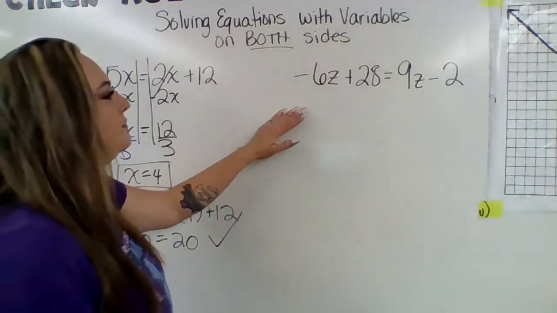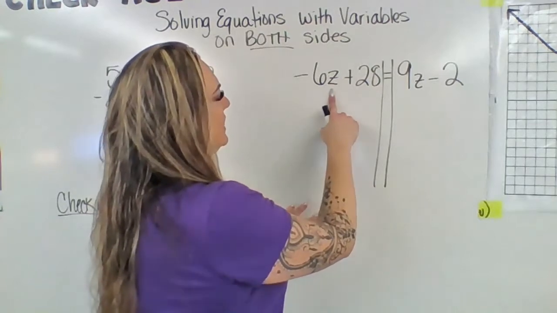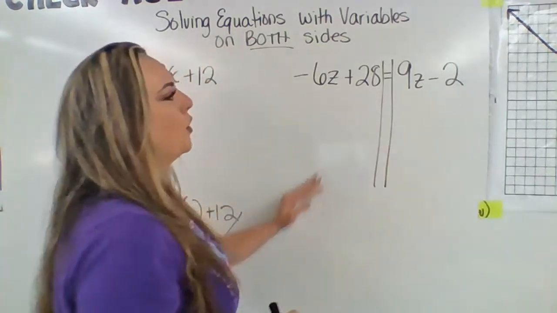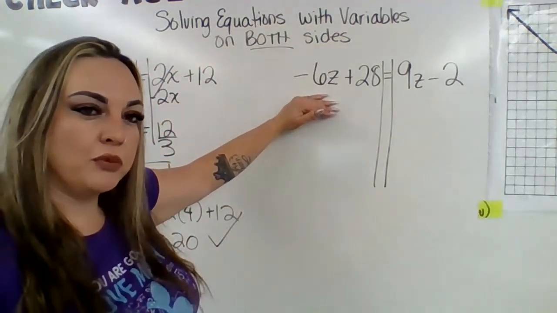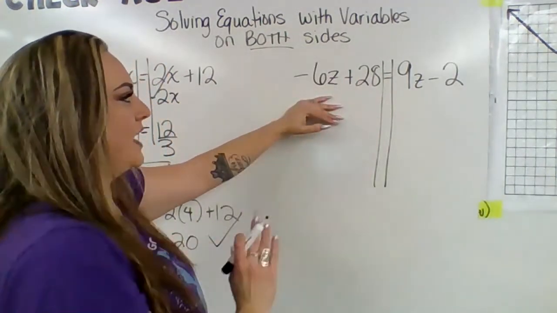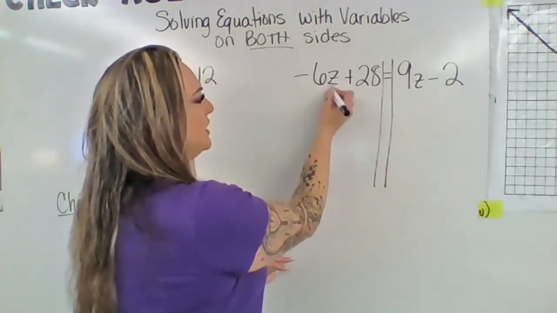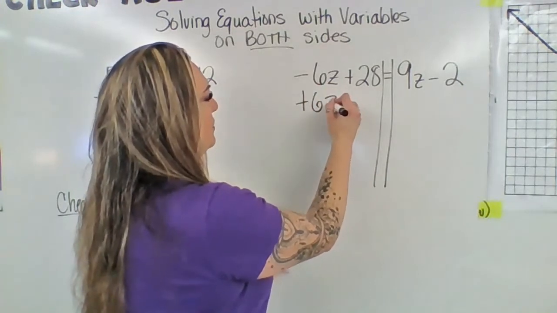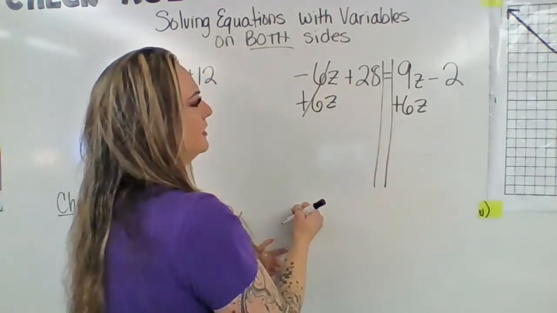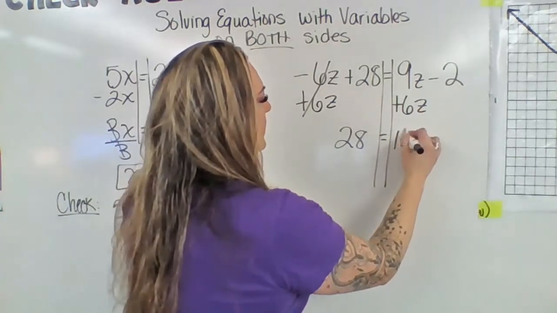Now let's do another one. Over here, we have negative 6z and 9z, and then we have 28 and negative 2. The first step is still to get our variable terms on the same side. So we want to get just the z on one side. Since negative 6 is smaller than 9, I'm going to eliminate the negative 6z and put it with its opposite. So we're adding 6z to both sides. What's left over here is 28, and we get 15z,